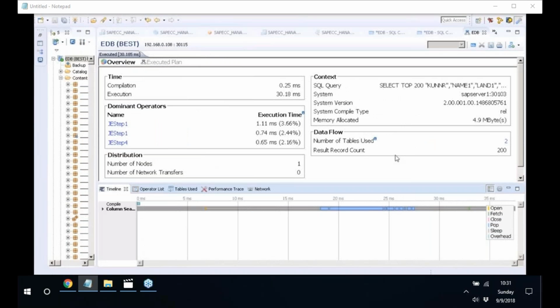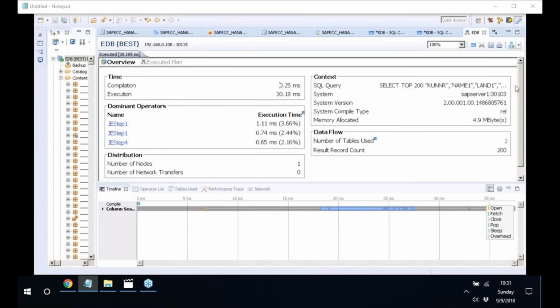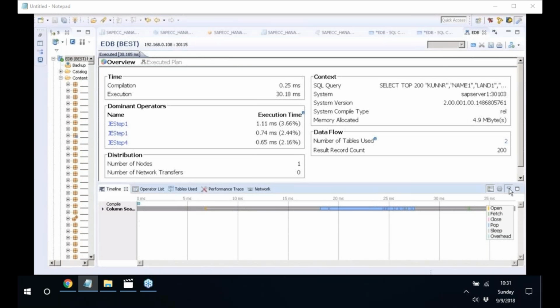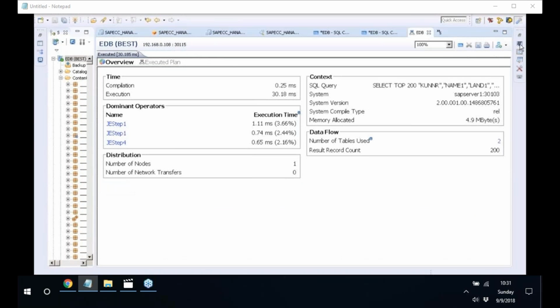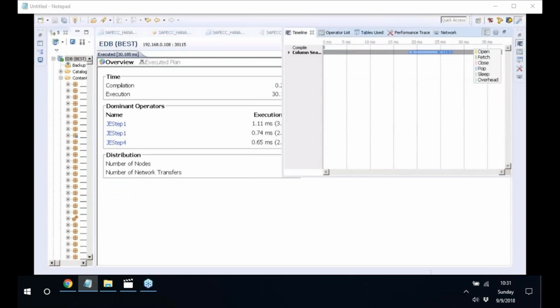So once you click on the timeline, so here once you click on this timeline, so here you can see